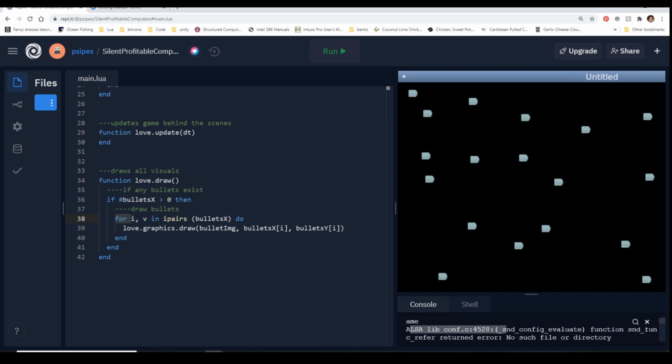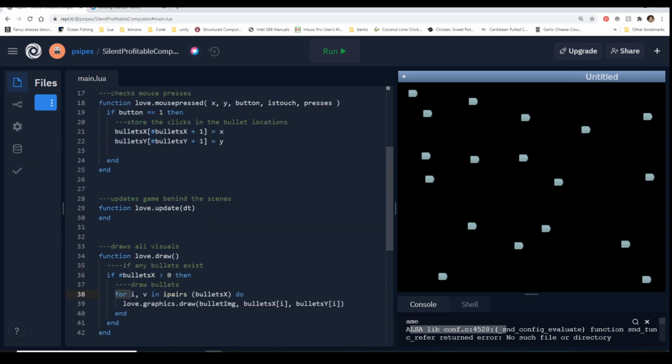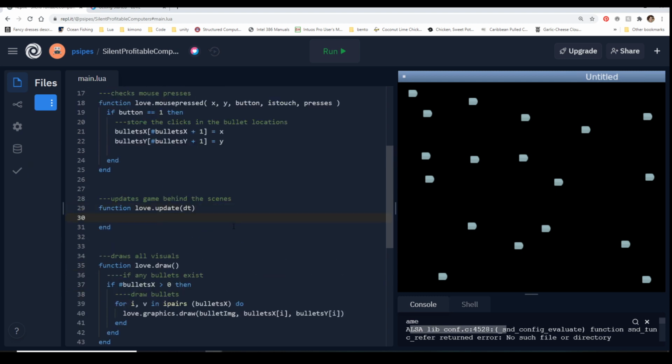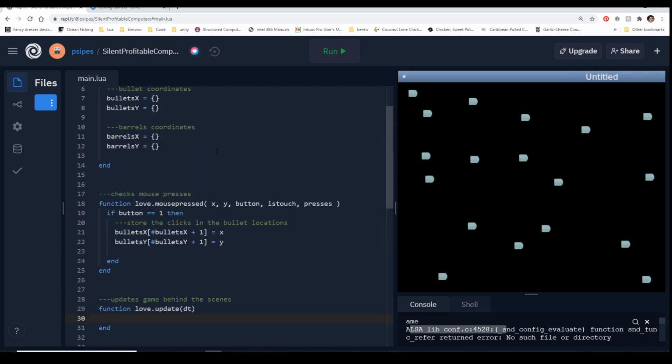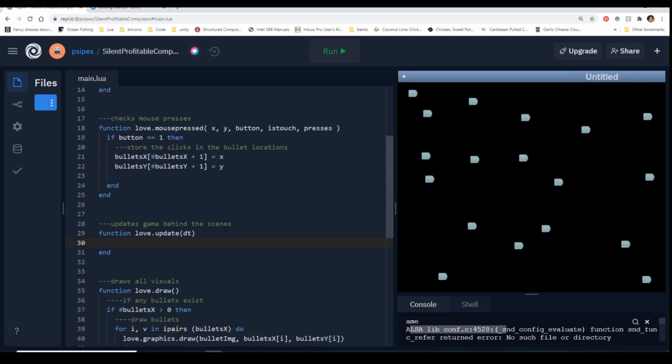So now let's make them move. We can go into update. And if you wanted, you could give a bullet speed outside, or in load, a base bullet speed. I'm going to hard code it, which is not always the best idea, but since this is only going to be accessed in one spot, nah. Again, if you want, you can do if the length of bullets is greater than 0, do this thing. But it works if you don't.